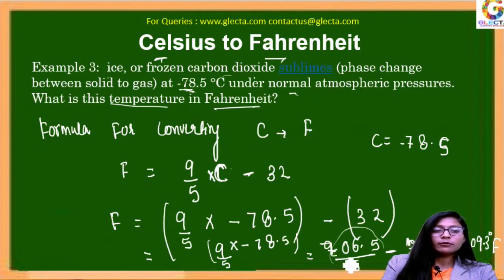First divide this number by 5, then whatever value you get, just subtract 32 from it and you will get your answer. Okay,